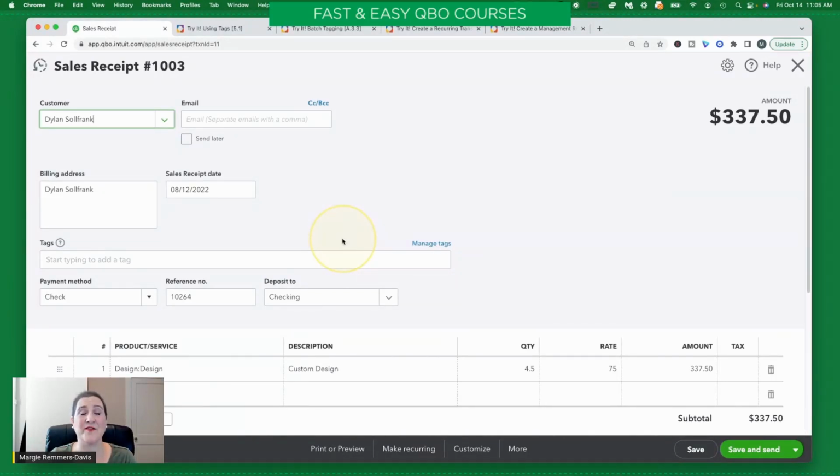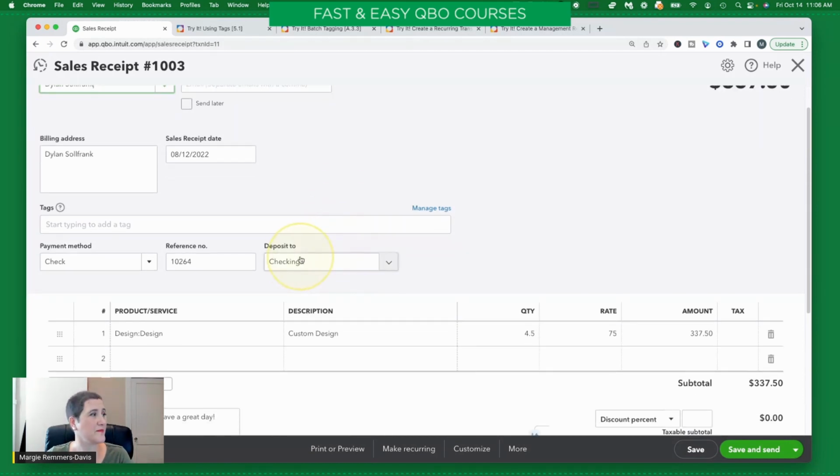So now we're doing this after the fact. If you were using tags, then when you created the sales receipt, you could add the tag at that point. So whether you're editing it or creating it new doesn't matter. So here